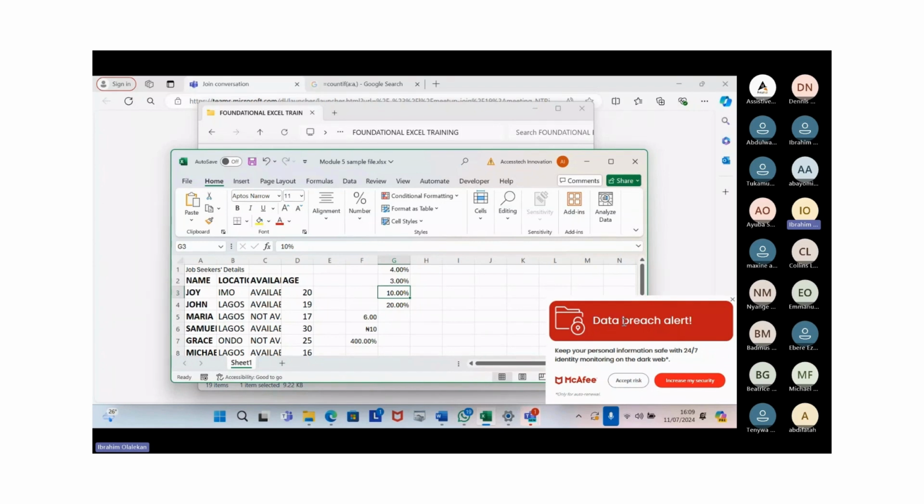What else? Now let's look at shortcuts. Some of these formats have their own shortcut, just like you have Control B for bold. If you want your data to be in dollars,